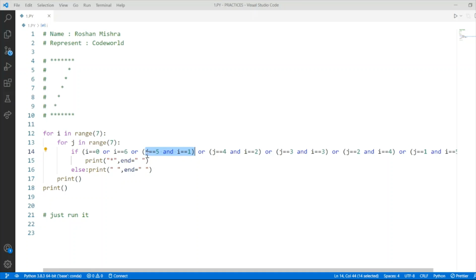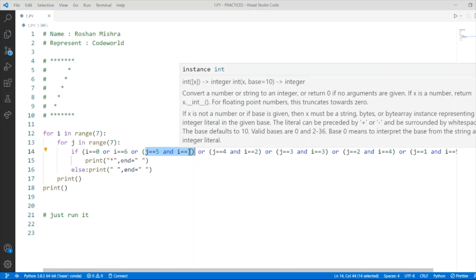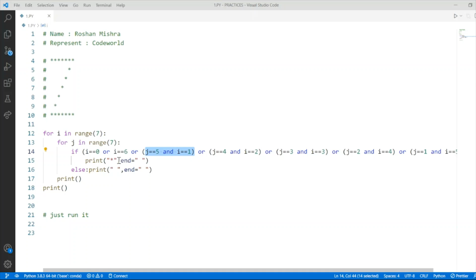ओके, फिर उसके बाद ये पर्टिकुलर कंडीशन क्या बोलता है, ये बोल रहा है कि अगर J मीन्स कॉलम, I मीन्स रो, ओके, इफ पहला रो है और कॉलम 5th है तो हमारा स्टार बस प्रिंट करो, नहीं तो स्पेस प्रिंट करो। फिर सेकंड कंडीशन है, अगर रो सेकंड नंबर पे है और कॉलम है फोर्थ नंबर पर, तो स्टार प्रिंट करो। वैसे ही रो है 3 और कॉलम है 3, तो प्रिंट ये किया। फिर रो है 4 और कॉलम है 2, तो प्रिंट ये किया। फिर रो है 5 और कॉलम इक्वल्स टू 1, देन प्रिंट ये किया।